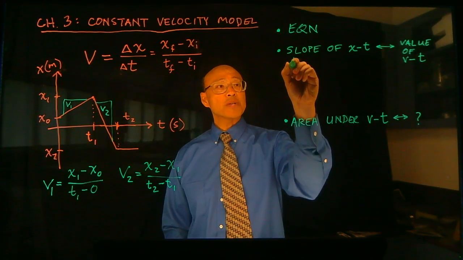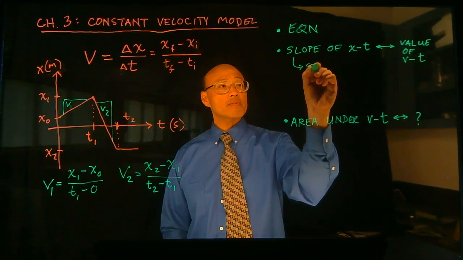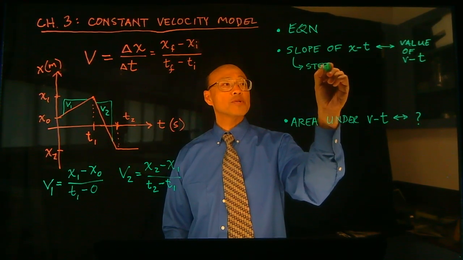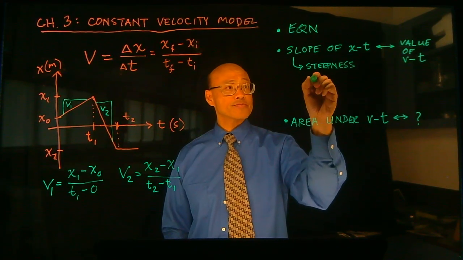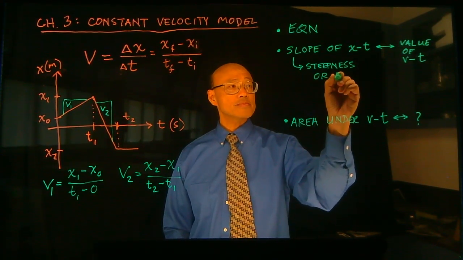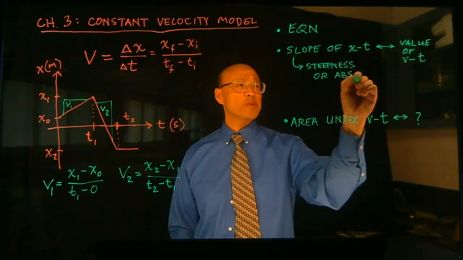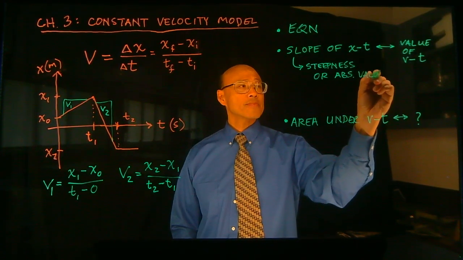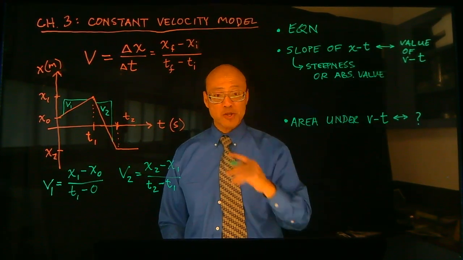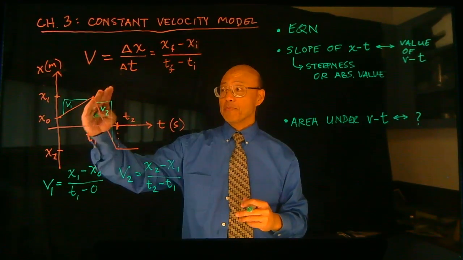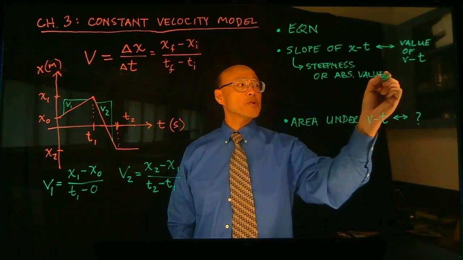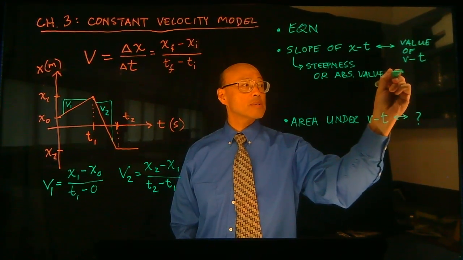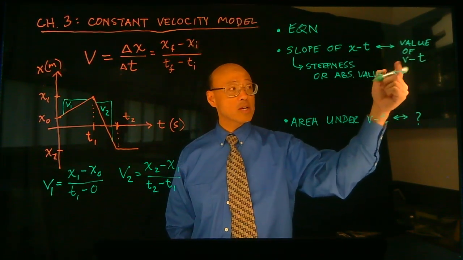The steepness of the slope, or absolute value of the slope. If I say slope and you're thinking a number, hopefully your math background reminds you that your slope can be positive or negative. So the absolute value of that slope corresponds to the magnitude of your velocity,